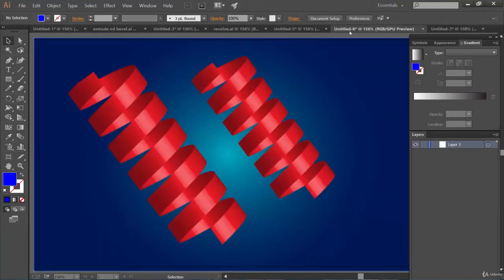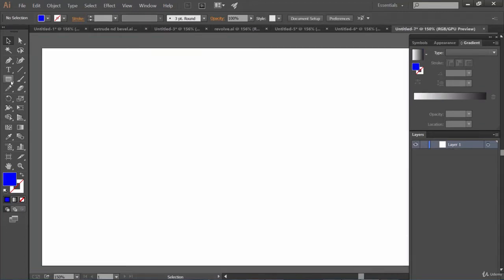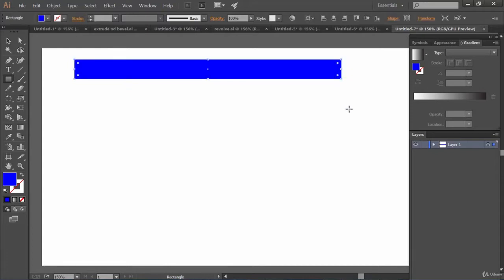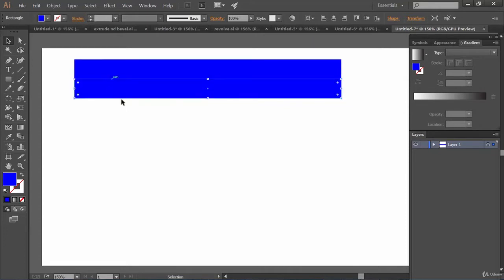First of all, we need to create this kind of artwork. For that, it's really very simple. Select the rectangle tool and just draw a rectangle just like this. Make its color, okay, color doesn't matter. Let's make it this one only. And now, select the selection tool. Using the Alt key, create a copy and place it just below it and intersecting it. I'm creating it just touching, so the ends are touching.